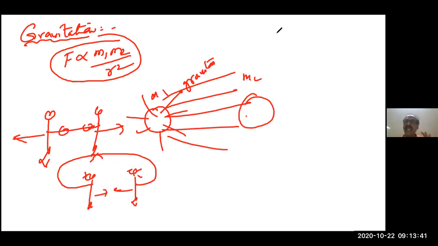Like that, in attraction and repulsion there must be a particle exchange taking place. These are all very advanced studies. Just have an idea. This is the reason for this attraction and repulsion taking place. Clear? Right. For the case of Earth, it exchanges particles called gravitons. So more mass comes, more gravitons are exchanged, so attraction will be more. That's the first statement. F is directly proportional to M1 and M2.